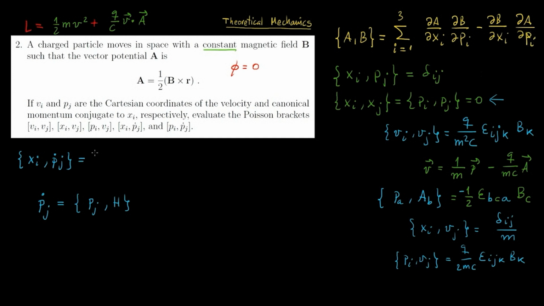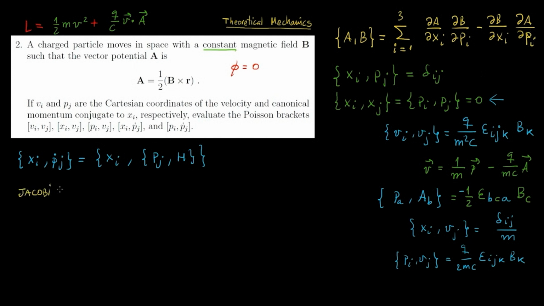So let's rewrite this {x_i, {p_j, H}}. I guess you're thinking that this makes the complication bigger, but trust me, this is a nice trick, because there is a nice property that you will see in Santi's class called